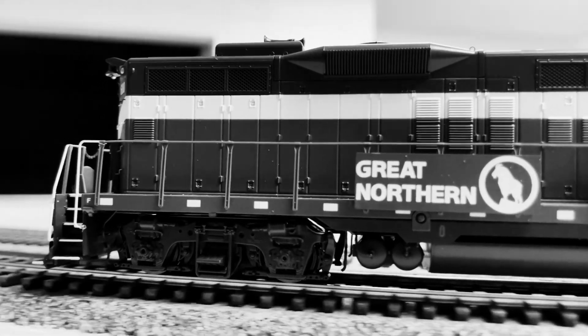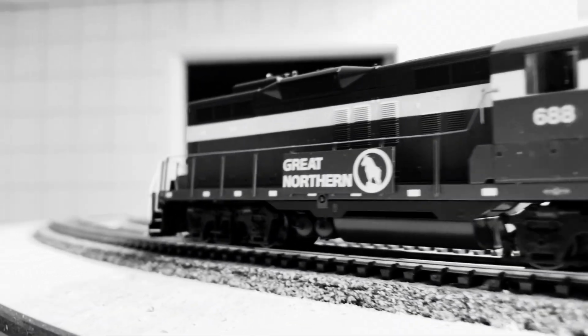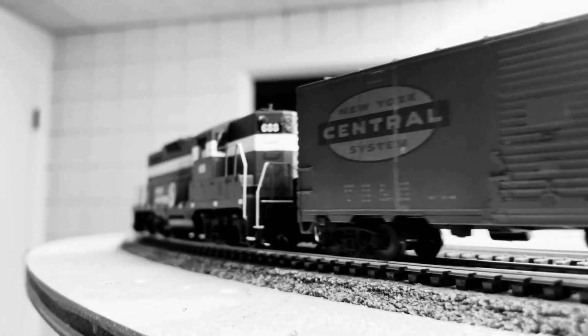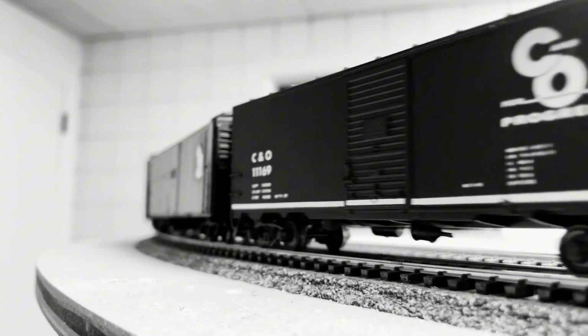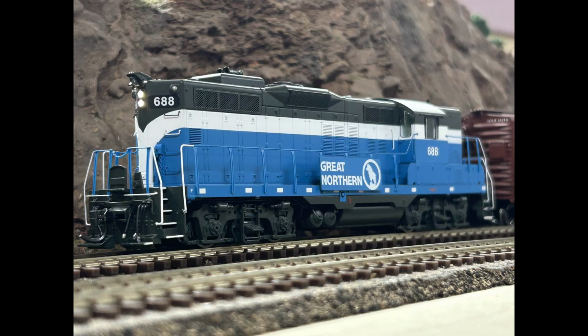No one knows who owns the locomotive right now, or even exactly where it is. To this day, we probably won't know what will become of the 68-year-old Jeep. Now that you know the history of the EMD GP-9, let's take a look at the Athearn Genesis version of